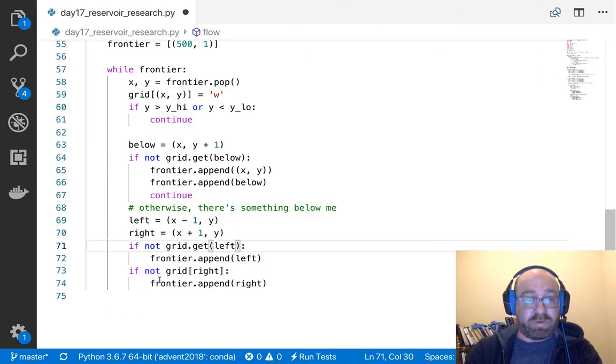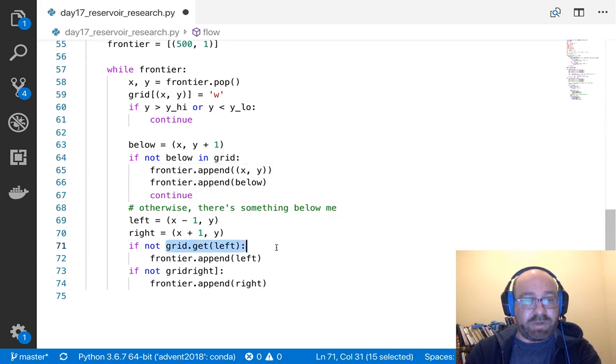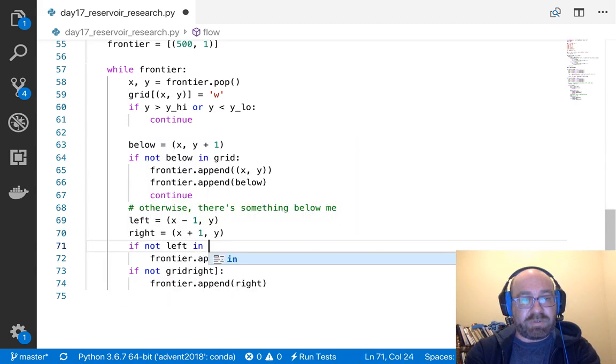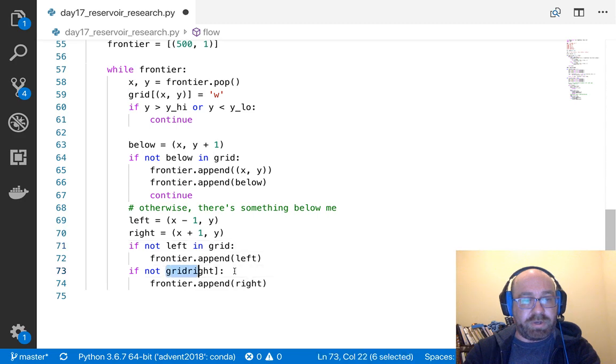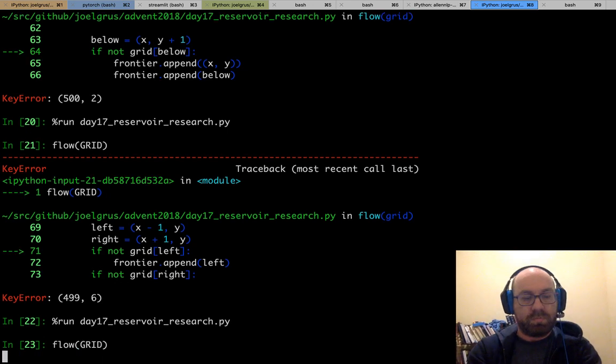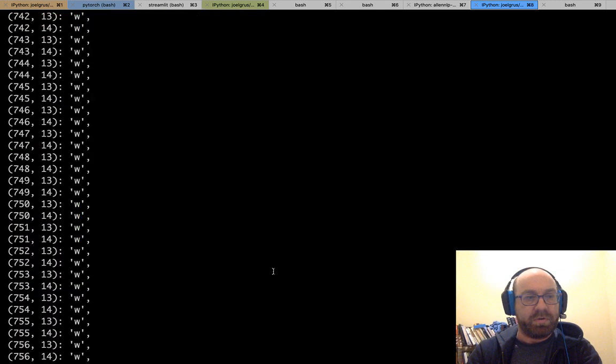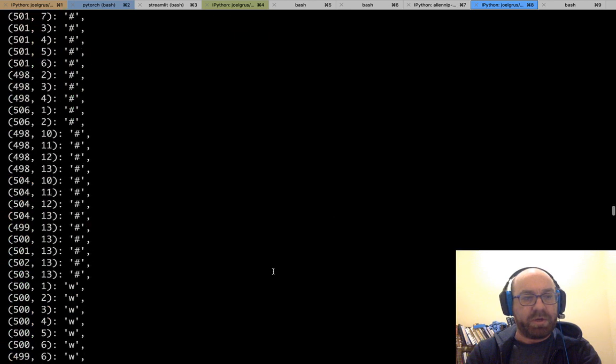And same problem. So let me just rewrite this as below in grid, if not left in grid, and if not right in grid. Okay, so let's try this one more time. And it's still running way too long. So let's try this out and see what grid is. And it's still going everywhere. And it's going everywhere because